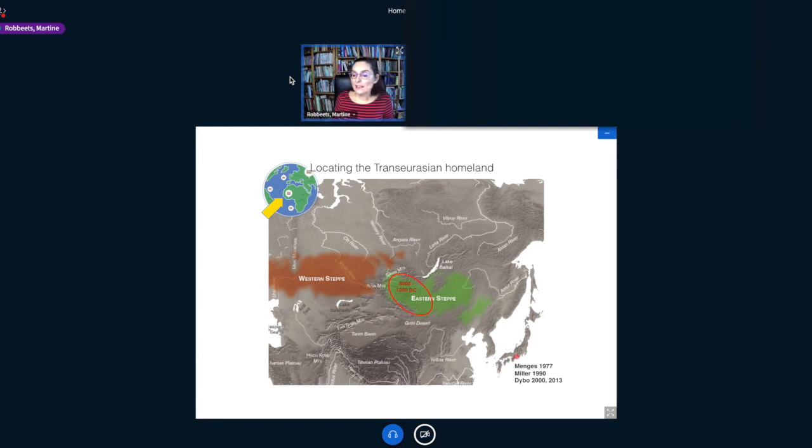So that was the idea proposed by Menges, Miller, also Dubos more recently, and it is also at the basis of the name Altaic for this family, as it proposes a homeland in the Altai Mountains and relates the family to pastoralism. I challenged this idea in my research, saying that the Trans-Eurasian homeland was probably not in the Altai Mountains, but that it was situated here in the West Liao River region,